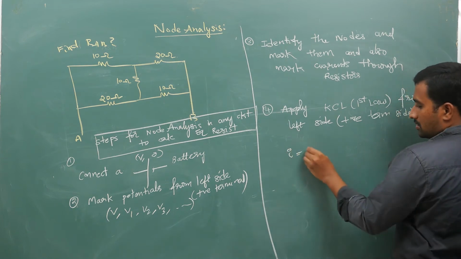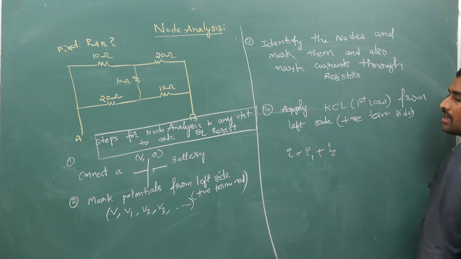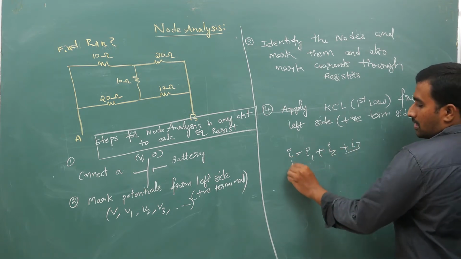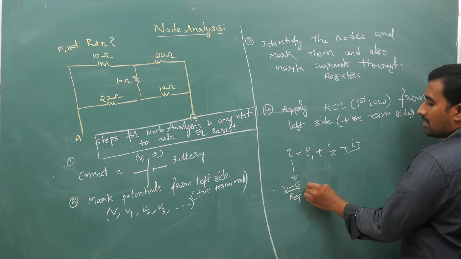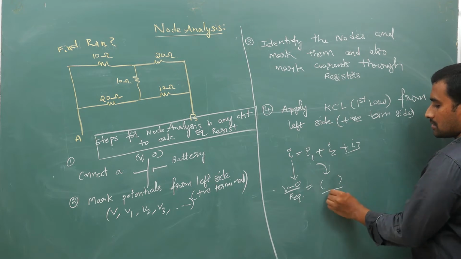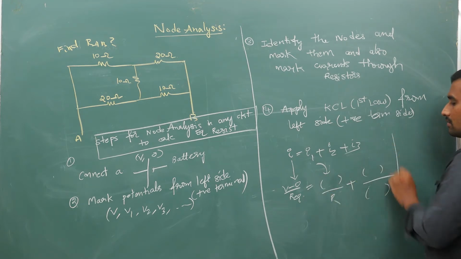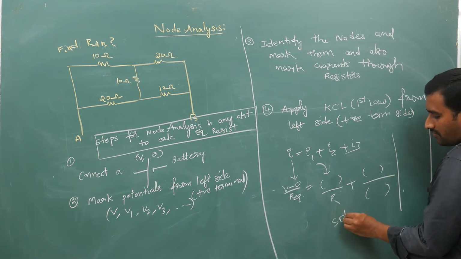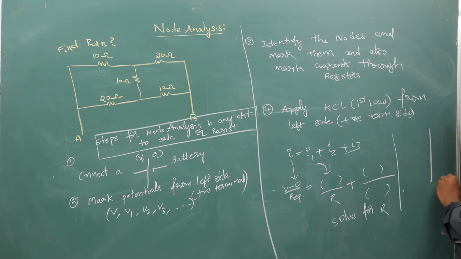I is I1 plus I2 if you have two connections, and if you have three, plus I3, something like this. In place of I, substitute (V minus 0) by R equivalent. I1 according to some potentials plus some potentials like this, then first node, second node, how many nodes are there, then solve for R by solving equations from bottom to top.